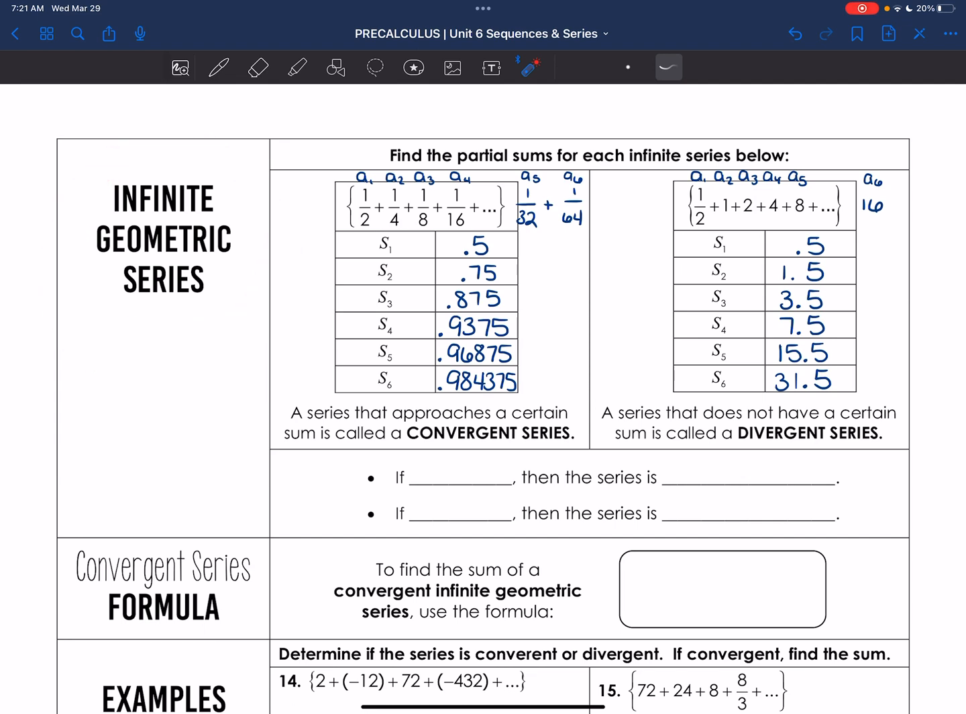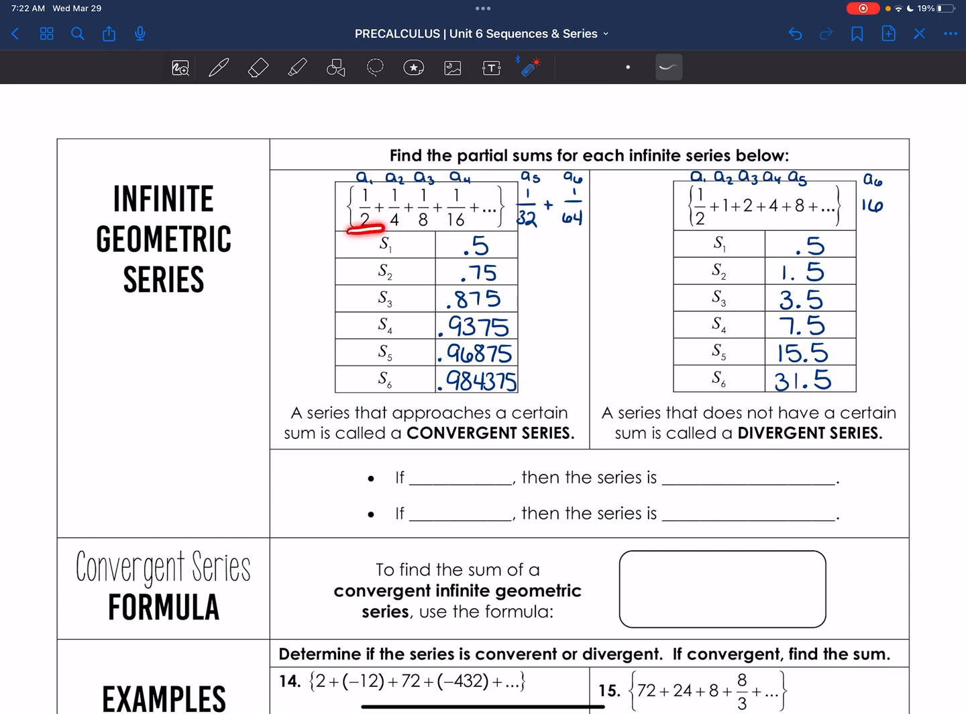And so to begin this investigation, I wanted to show you the partial sums for each of these series below. So we began by finding just the first partial sum of this first series, which, expressed as a decimal, is 0.5. The second partial sum, which would be adding a1 and a2, would be 0.75. If we added the first three terms, we'd get 0.875. If we added all four of these terms together, it'd give us